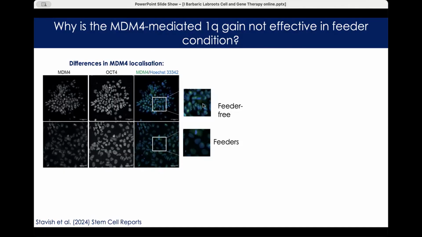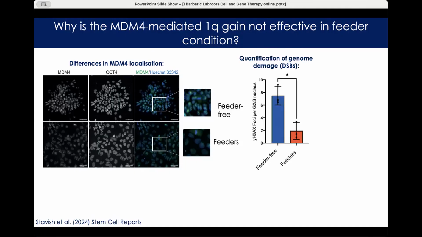So indicating that perhaps pluripotent stem cells in feeder-free conditions experience higher levels of genome damage. And we went on to test this and quantified the levels of double-strand breaks in feeder-free versus feeders. And in line with what we saw with MDM4, indeed, we can tell from this quantification that pluripotent stem cells grown in feeder-free conditions exhibit higher levels of genome damage compared to the same cells grown on